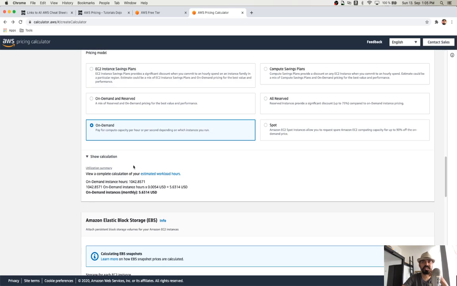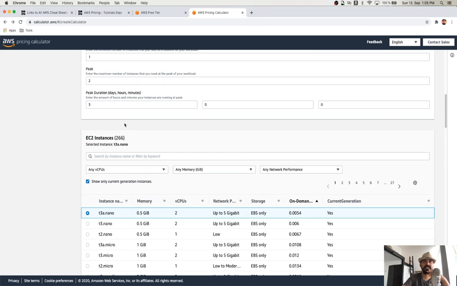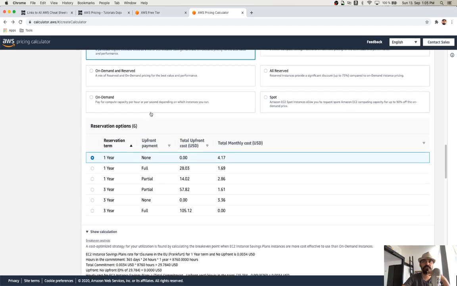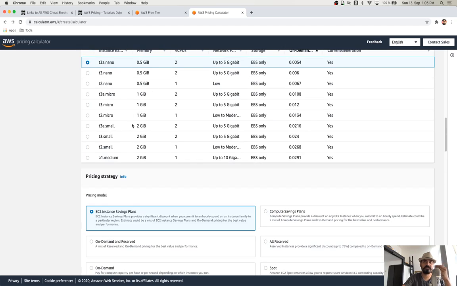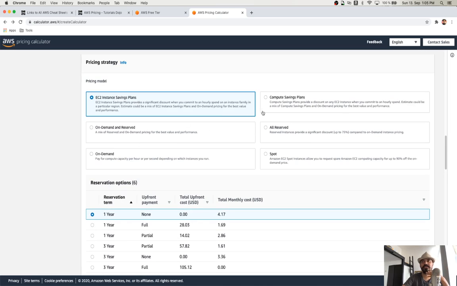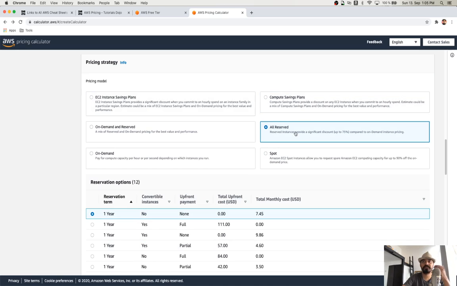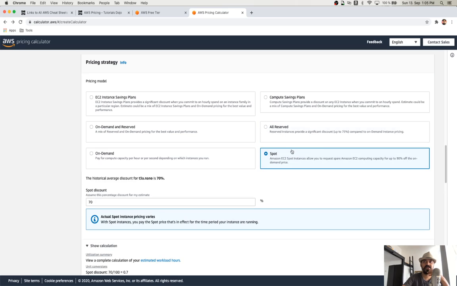So we have on demand. In on demand, you don't have a selection of instances, because instance savings is a plan where you sign up for a term of 1 year. You're going to use the instance type which you have here, out of this particular list of instances, and that's why you need to pay less. That is one thing. And we have compute savings plans, all reserved plans, and we have spot instances where you can